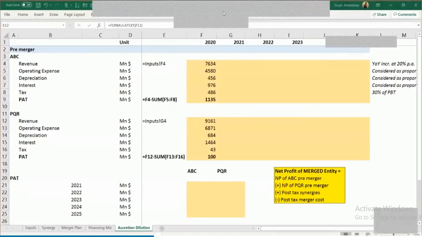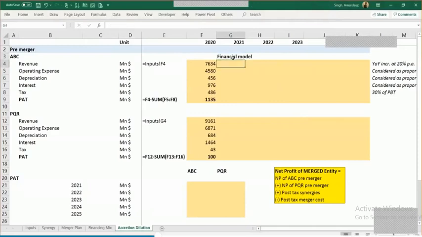Now, what do we need to do after this? As I said before, usually the projections are prepared with the help of a financial model. So these projections would basically need to be backed by a detailed driver-based financial model. But in this example, the focus is more to understand how you proceed in doing a merger-related analysis. So the discussion is not around how you create a detailed financial model, because that's something that we've already discussed in the camera manufacturing case. So here, I'm just going to use high-level assumptions for populating all these data points.